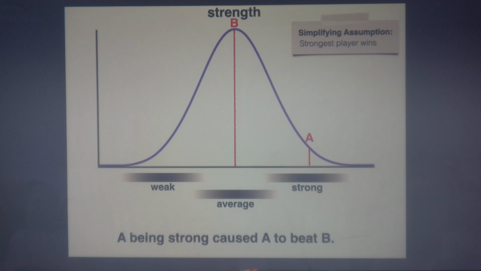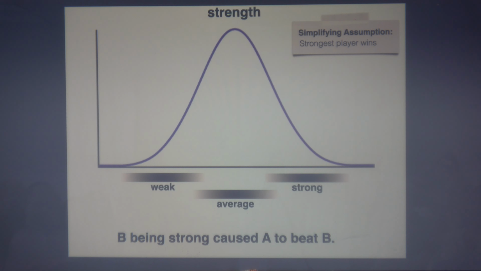So now we have the counterfactual. What if A had not been strong? We redraw A, call it A prime, conditioned on A not being strong. Maybe in this case A prime is still stronger than B, and would still have won. But in most of these cases, A prime is going to end up weaker than B, and B would have won. The proportion of samples in which A prime would not have won is our probability of that counterfactual: if A had not been strong, A would not have won. We just rerun this simulation a bunch of times to get a probability.